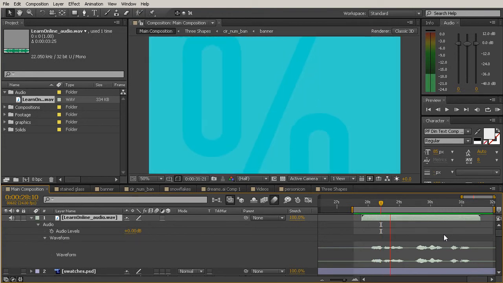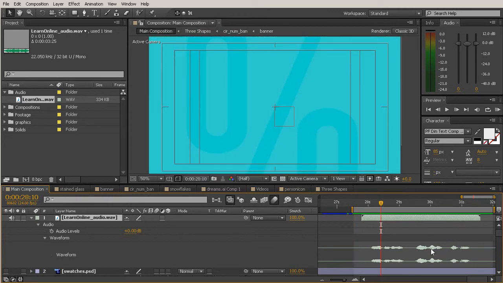Learn online. Wear what you want. We don't care. So now you can hear that audio clip, and you could notice that you can also see